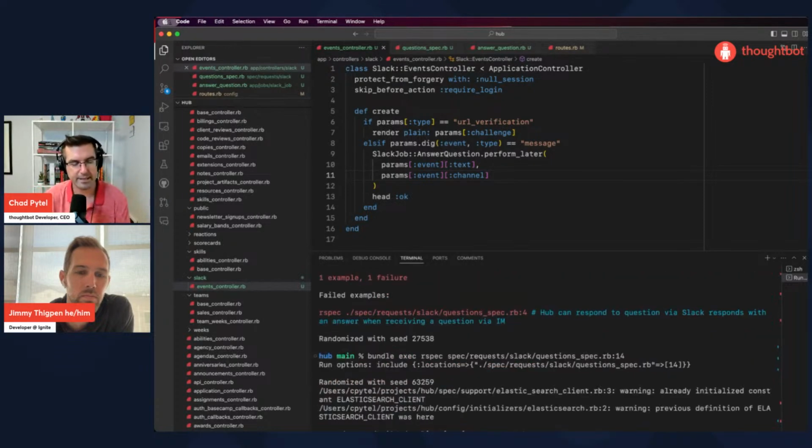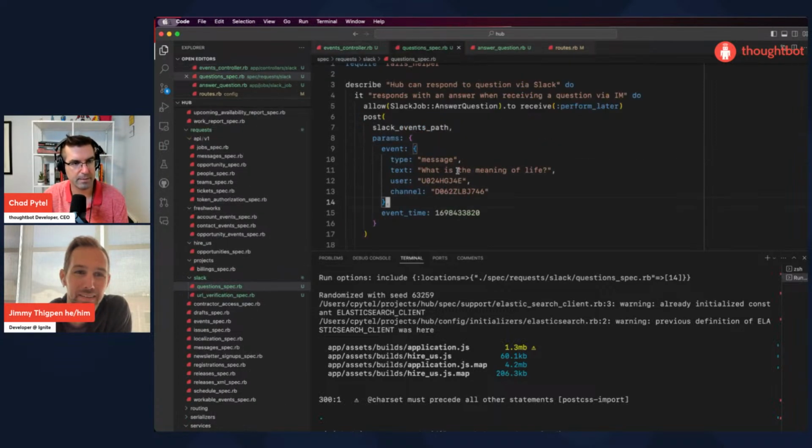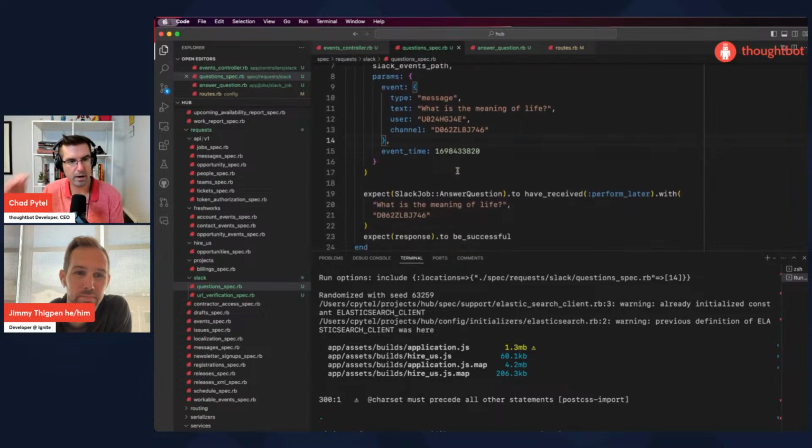As I was saying when pairing with Joel last week, I like to talk to myself about whether I expect the specs to pass or not, because then when they fail, the cognitive dissonance stands out. I like that. Okay, so that passed. The job isn't doing anything yet, but we don't want our request specs to test what the job is doing, because we want to write a more focused spec around that specific job, and the specs about what that job is supposed to do can be for that.